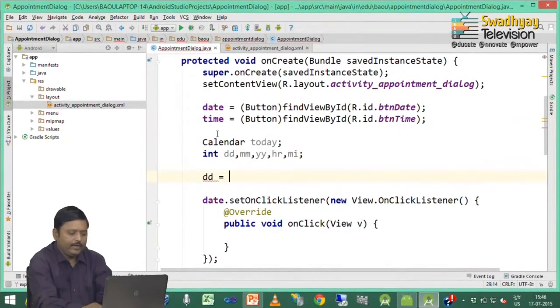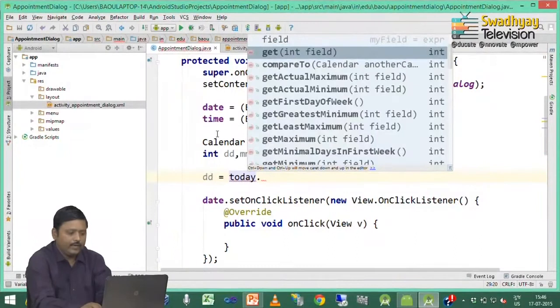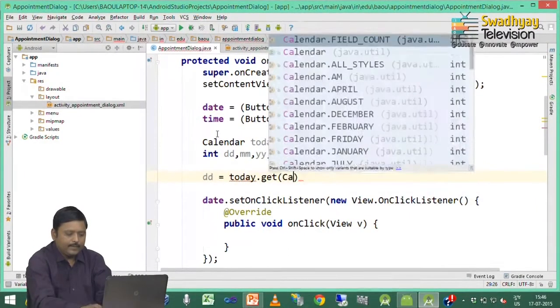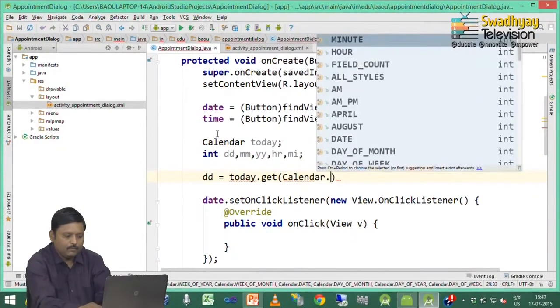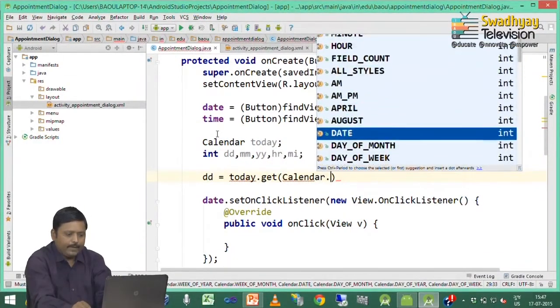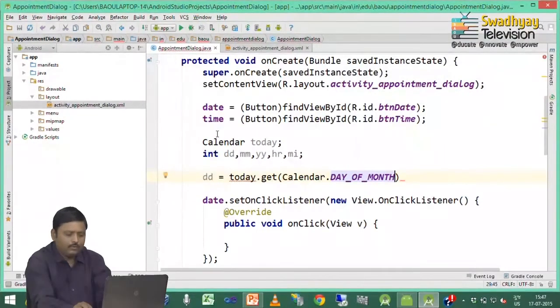So, here I write down dd equals today dot get. Today is an object of type calendar. And there is one constant which represents the date, day of month is the correct field name.